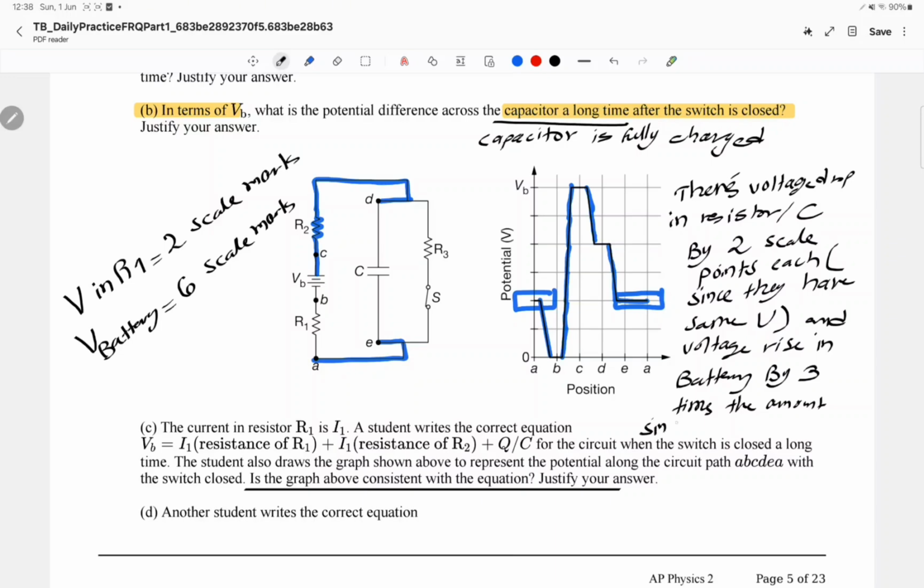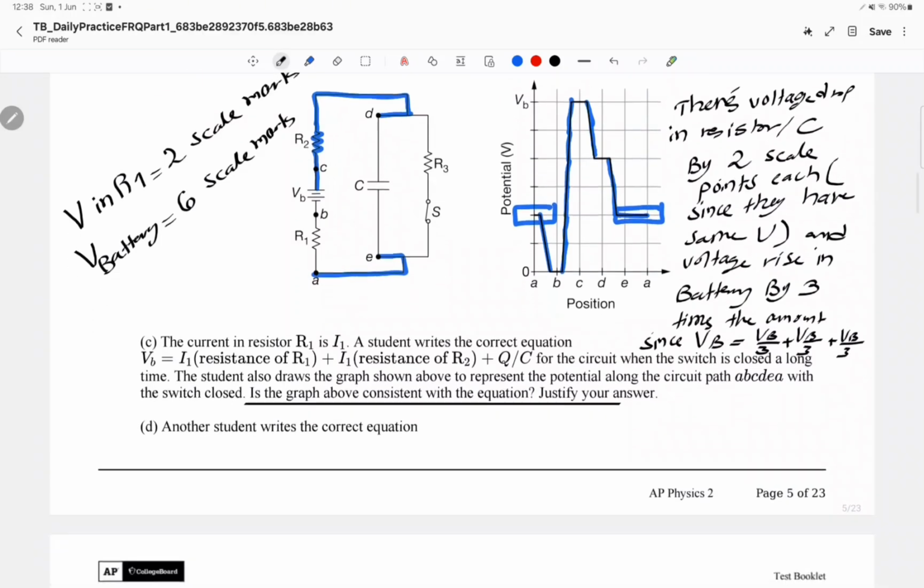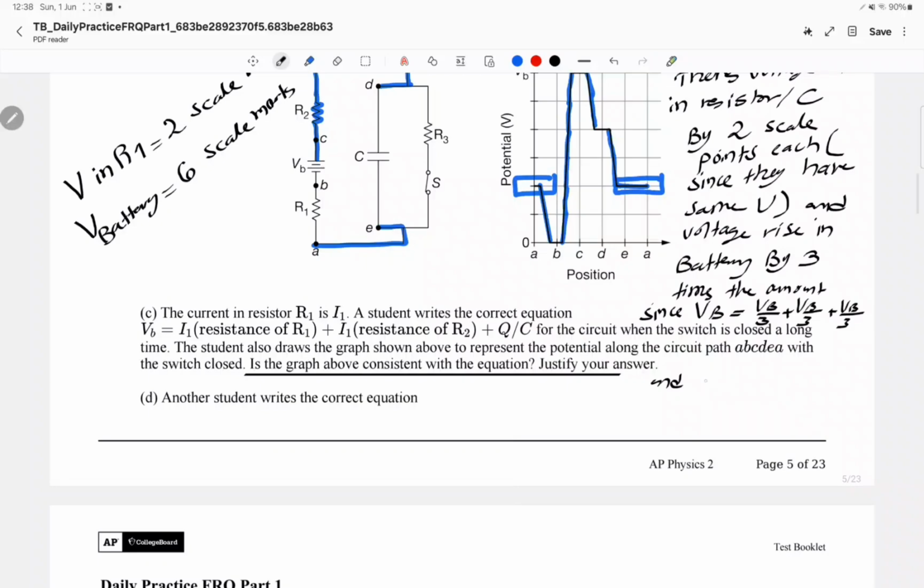Okay, since VB is equal to VB over 3 plus VB over 3 plus VB over 3, and you